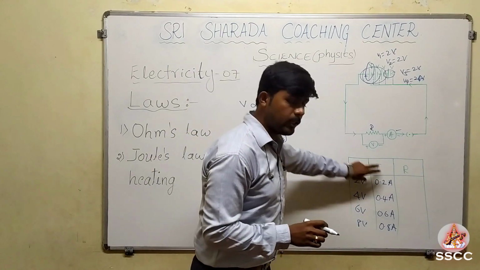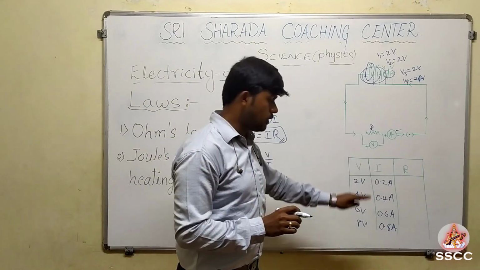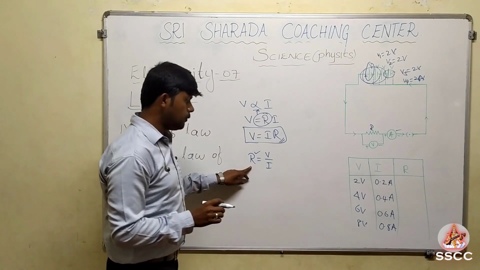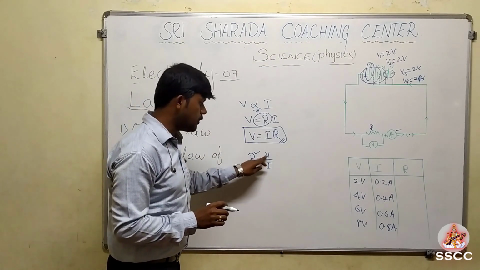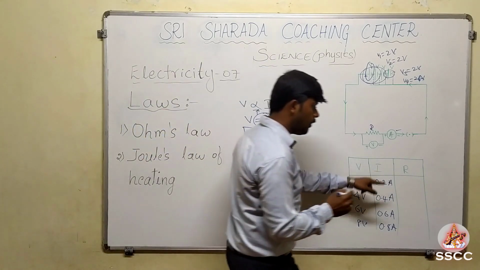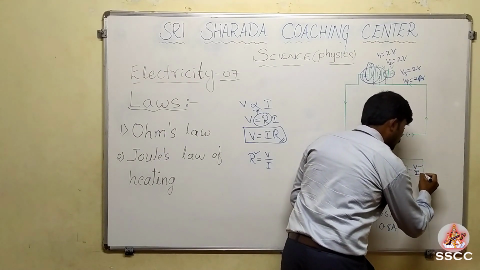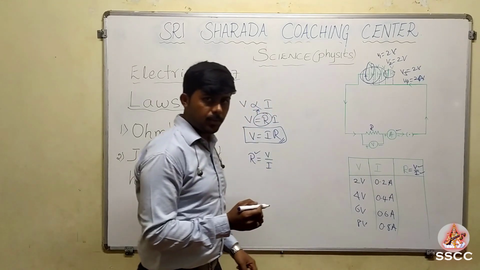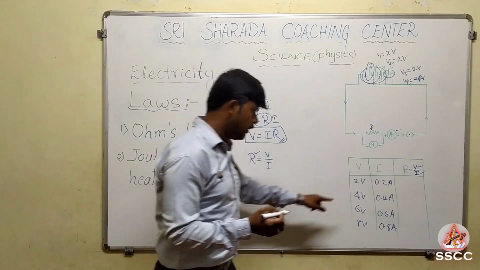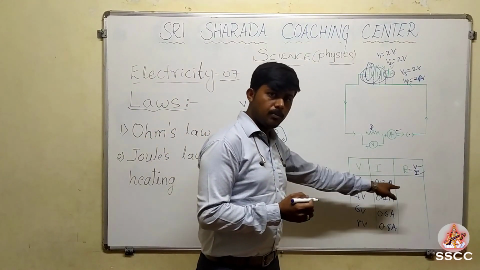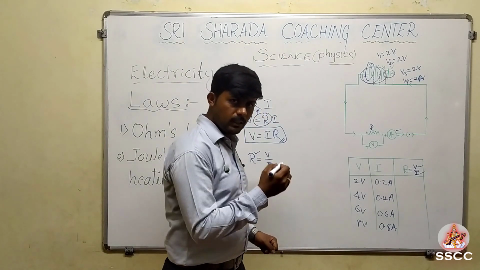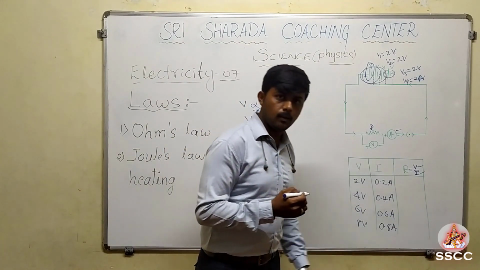That's why we did this activity here. We'll discuss that one here. For resistance, the formula is V by I. Here we have R. I'll write R is equal to V by I. And what is V and what is I? We know that V is the potential difference, I is the electric current. That one we have here. We'll substitute here and we'll see what values we get.